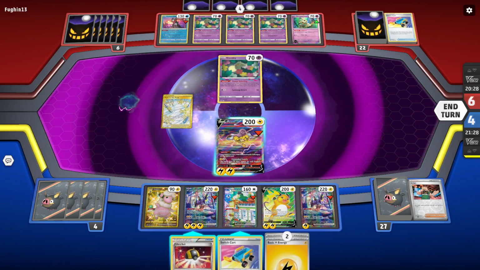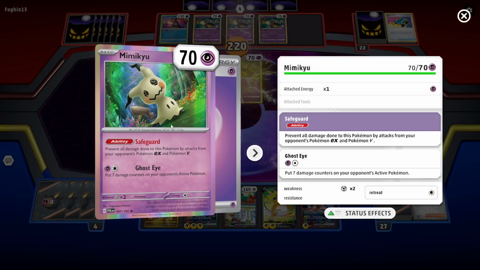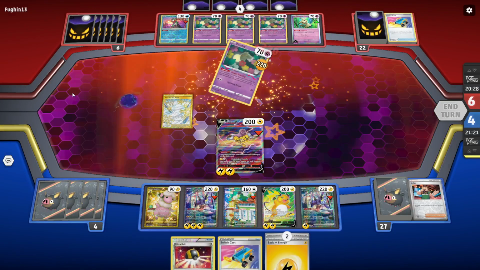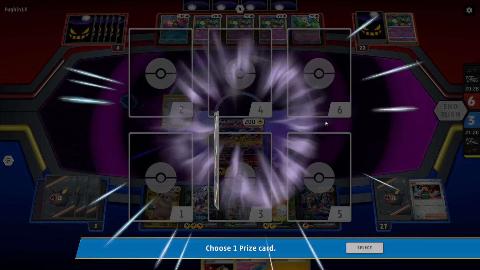Switch Cart is also really good. I think that we just go ahead and we Lightning Rondo. So I already know right now that they're going to put up their Mimikyu. They're going to be like, ooh, I'm going to stop them with this Mimikyu. But as long as we're able to hit a generator...